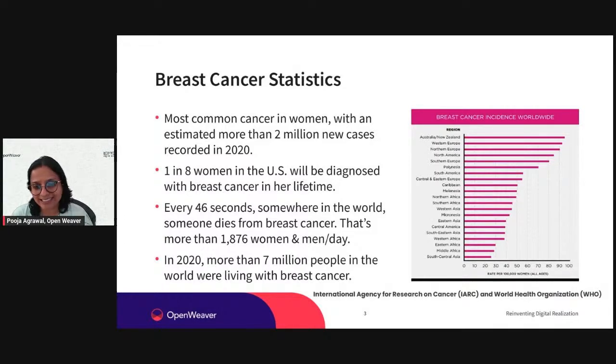We want to talk about the world statistics on cancer and how breast cancer has affected women all throughout the world. Based on the stats provided by the International Agency for Research on Cancer and the World Health Organization, breast cancer is not specific to a region, but is spread out evenly in every region of the world. Based on the estimates and information that was generated and collected, more than 2 million new cases were recorded